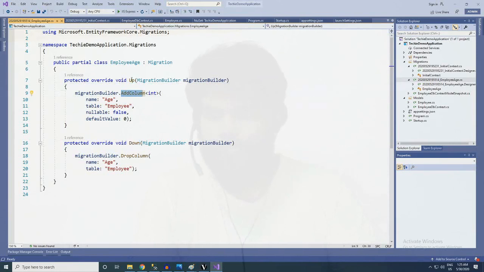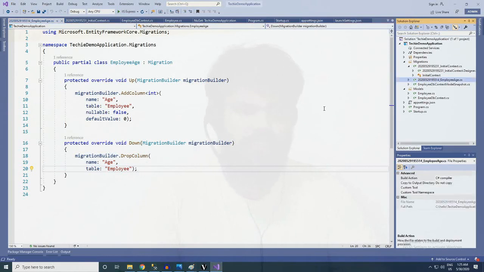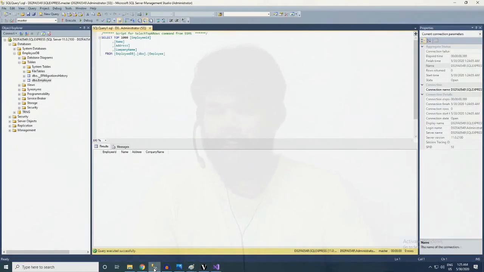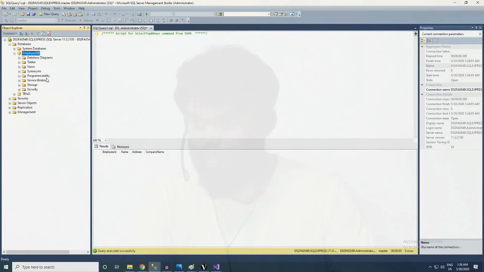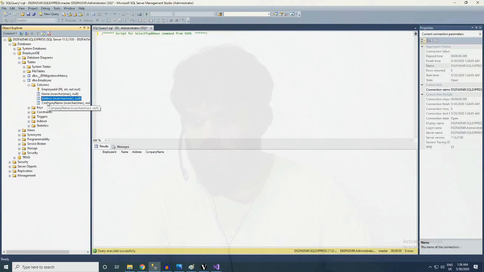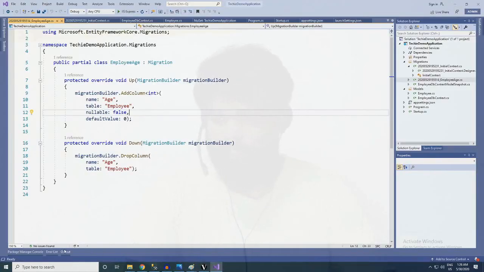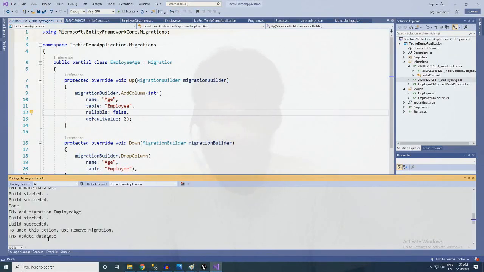This will add a column whenever the database builder is up, and while the data migration is down, this will just drop the column. So at runtime itself we will be getting the column. So we got an instance here. What we need to do now is, we won't be getting a table here, sorry, we get a column here: name, address, company, employee. So in this stage we need to update the database.